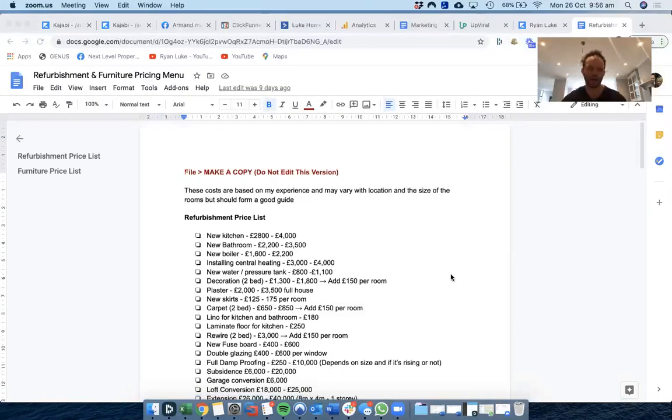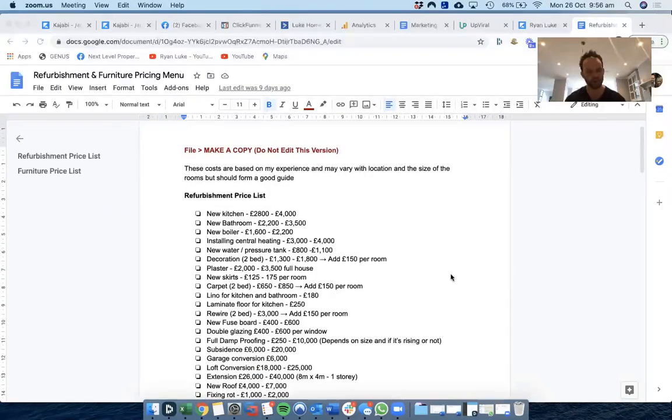A couple of quick guidelines, and this may vary depending on where you are. I'm in the north, so typically we would pay about 120 to 140 pound per day for labor, and then materials on top. So if you're ever getting quoted anything, you can use that as a guideline for the labor cost, and you shouldn't be too far away. If you're paying silly rates per day, then you know you're getting ripped off, and just go and find someone